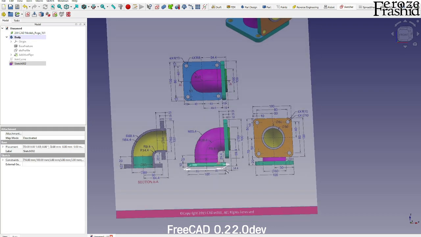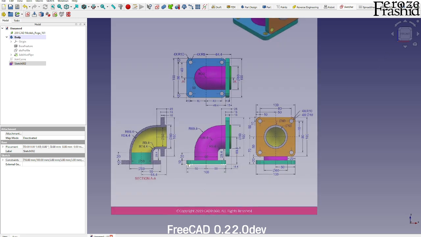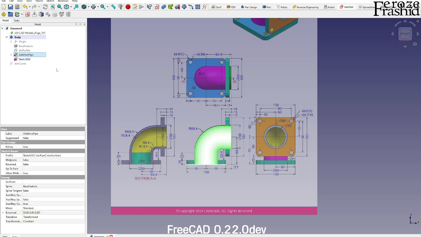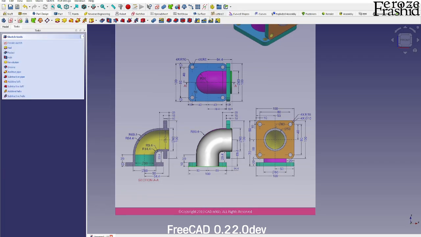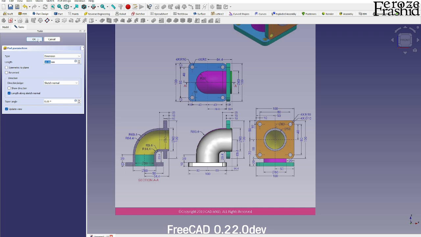So that's our sketch staying at the bottom, and then we move it into the body, and then we extrude this. So let's go back to Part Design. We extrude that, we pad it for 10 millimeter. Okay,